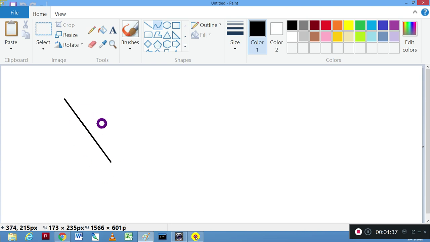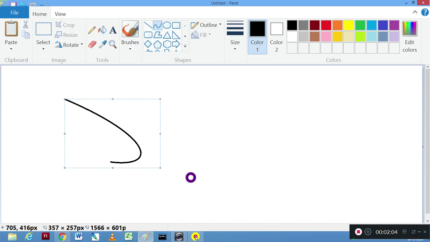Here I will first left click, press the left button of the mouse and simply drag and give it some curve. I have released the left button. Now one more click I have to do. So here again click and give it a curve. Now it is done. So first you have to make a straight line and then 2 clicks to make a curve. This is how we can use the curve tool.